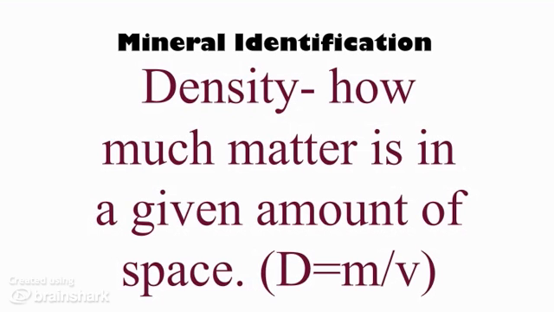Now, this should look very familiar to you. We just talked about density in our last unit. But density is another way that we can identify minerals. Remember, density is how much matter is in a space, almost like how tightly packed together all the elements and all the atoms are on the inside. And just as we did in our last unit, we're going to use the same formula to find density. So you would find the mass of the mineral by putting it on a triple beam balance, and then we would find the volume, or how much space it takes up, and divide those two numbers to find its density.